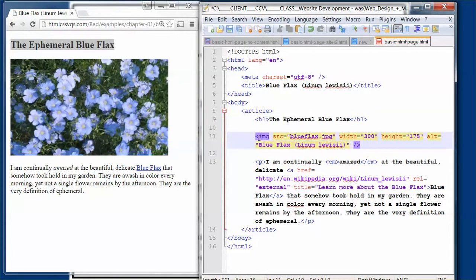And then we have an image tag. The image tag says, I want you to import this file called blueflags.jpg. I want you to give it a width of 300 and a height of 175 pixels. And the alt tag is going to be blue flags. And what that alt tag means is that when you hover over it,